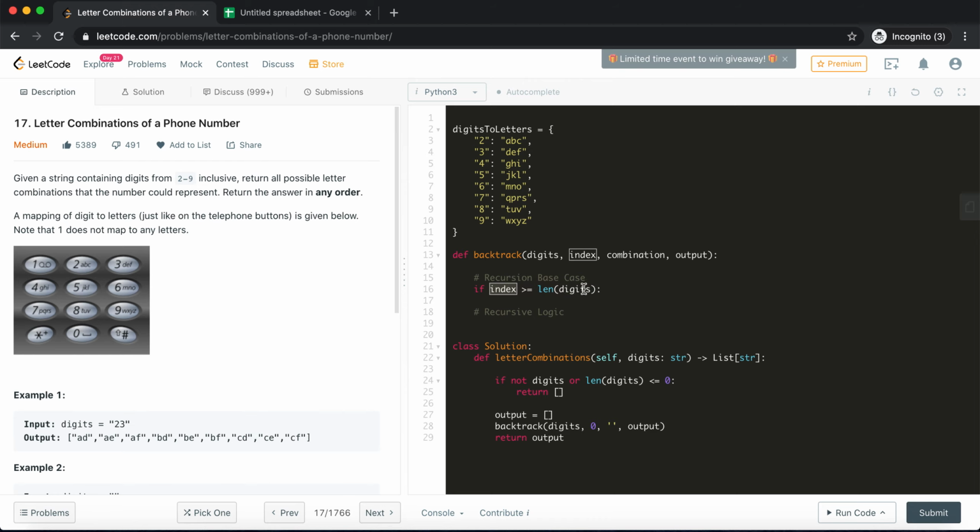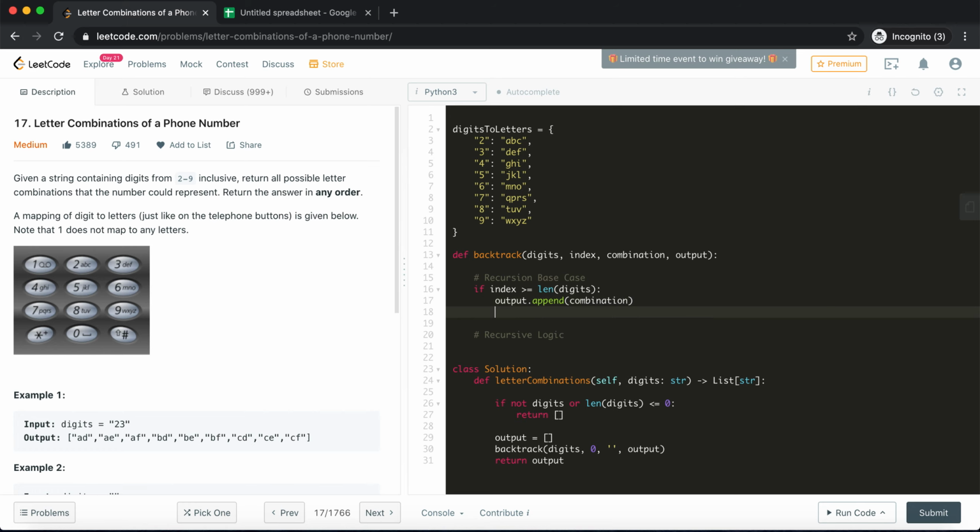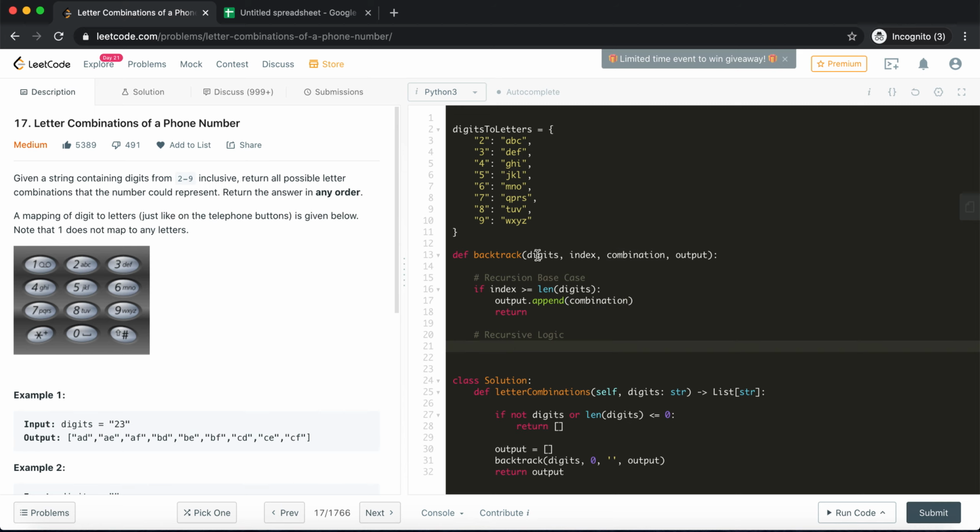If the index is greater than the length of digits, it means we have no digits left, so we need to break the recursion. In that case, one thing we need to do is append the current combination that we've collected to the output and return. So when the recursive loop is over, whatever combination is collected, I'll just append it to the output. That is the base condition.